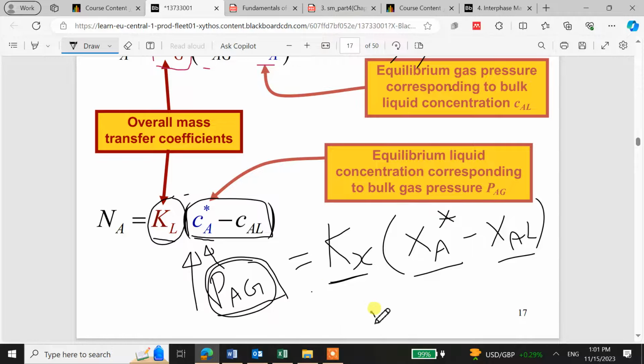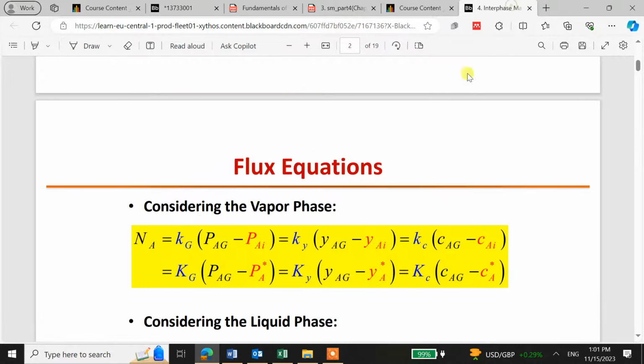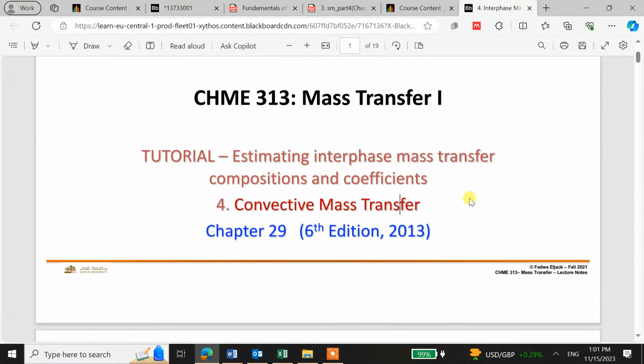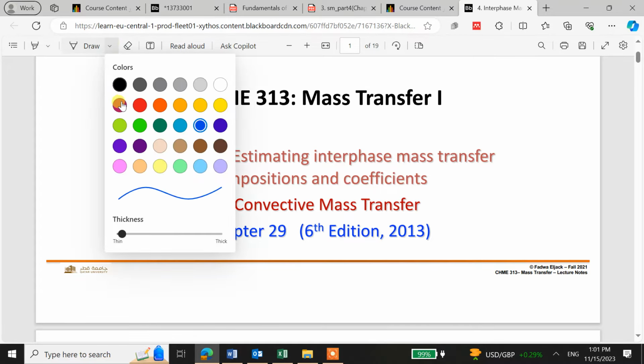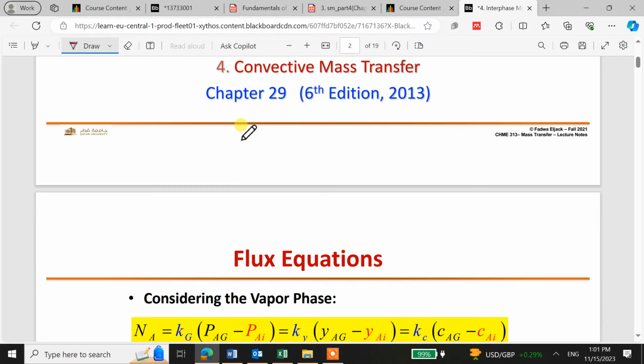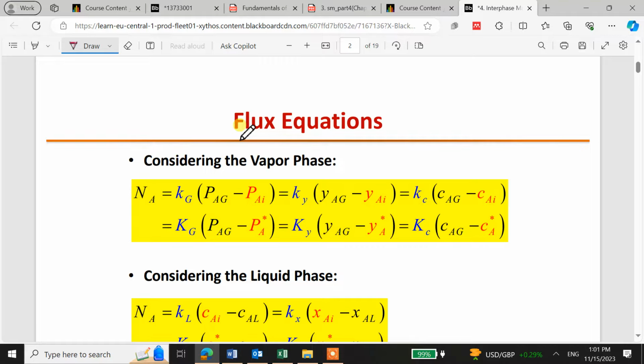Okay, guys, everything up to here is clear. Let me go to the notes I have uploaded. This one I have uploaded for you. This is a very good summary. Now we can see